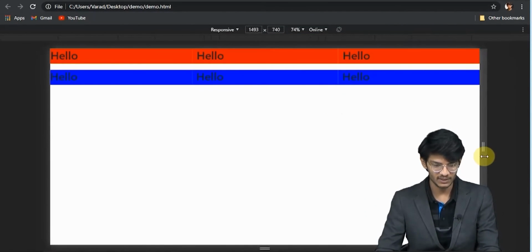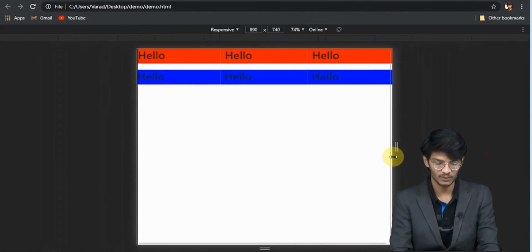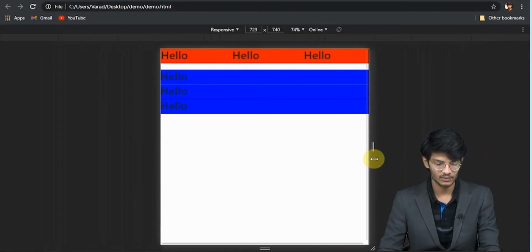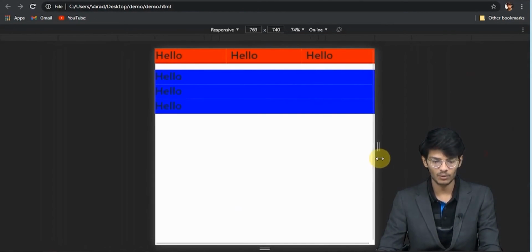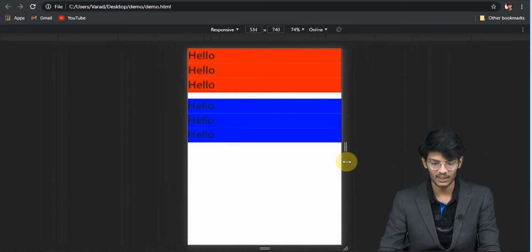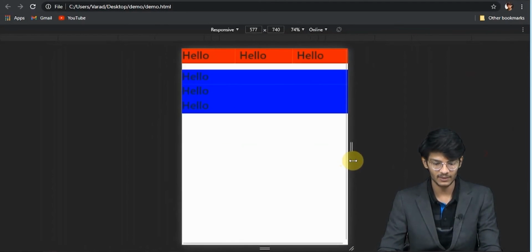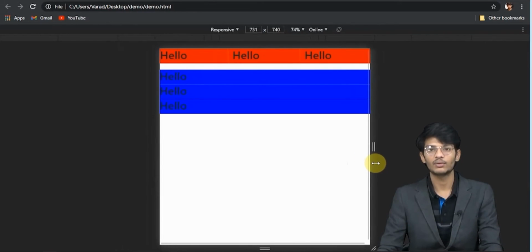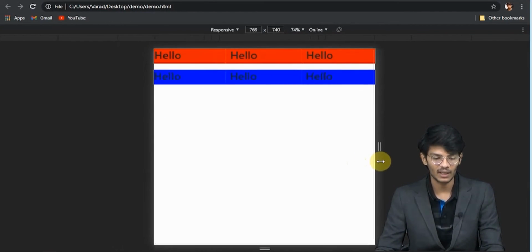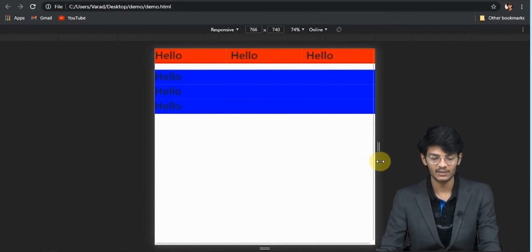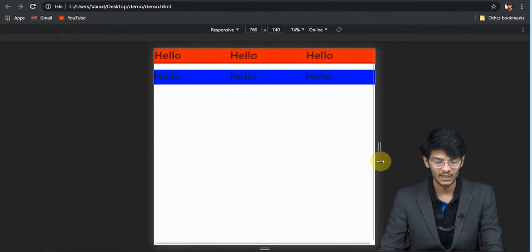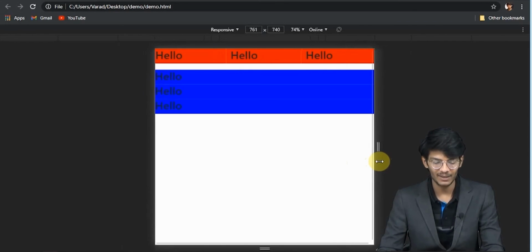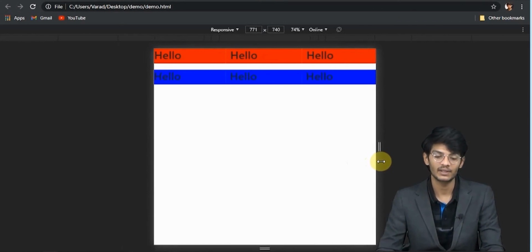Okay, so we will see what happens when we make it responsive. So they both have arranged themselves accordingly, but let's see. Now you can see, as I told you, the sm is for 576px or greater, but col-md is for medium devices, that is 768 pixels or greater.